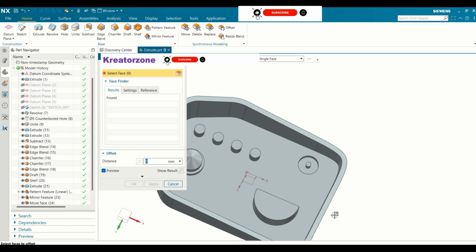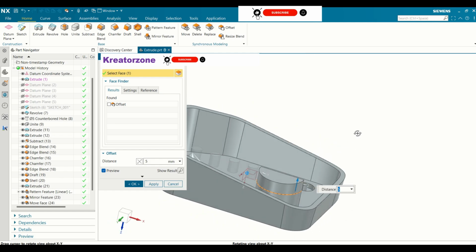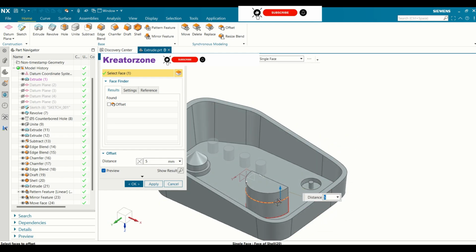Let us start with the single face. I'm going to offset it by 5 mm, and as you can see, similar to move, you have offset of 5 mm, and click OK. But right now let us try